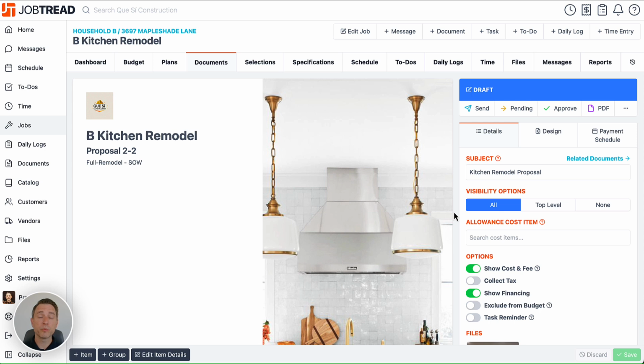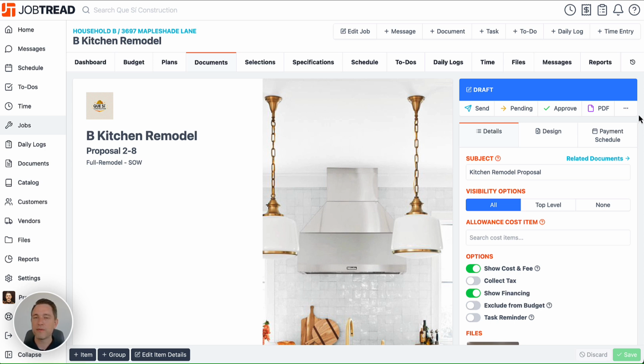Now, if you don't wish to remove any signatures or approvals that were made on a specific document, you're going to select the document that you would like to make changes to, and you can instead choose to click the three-dot menu, and you can clone that document and make changes to a cloned, copied version of that existing document. You'll want to be sure to decline the initial document